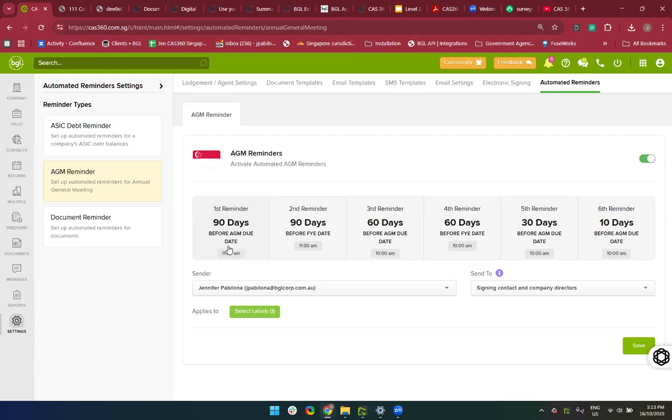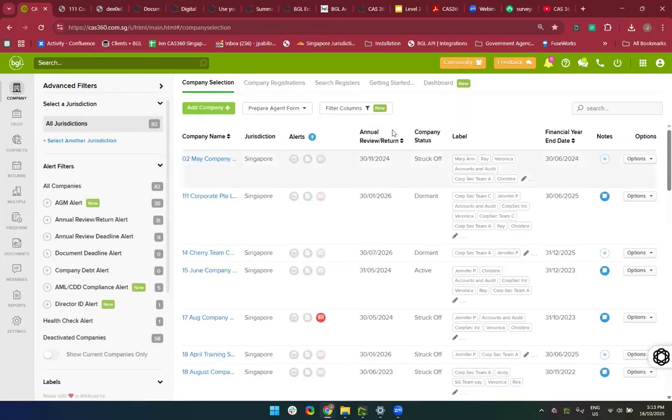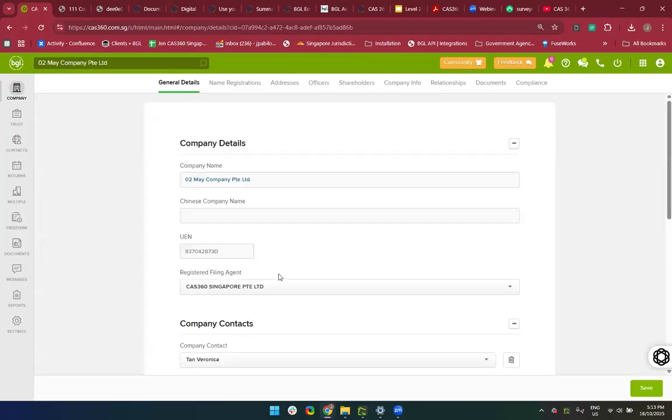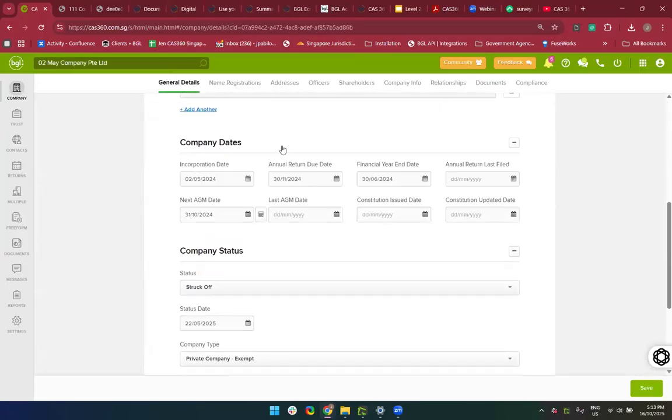Now, a good practice is that before you even set up these, make sure that all the companies in your CAS 360s have an updated financial year end date and AGM due date. Again, just a refresher, make sure to update or maintain the key dates. This can be found under your general details,